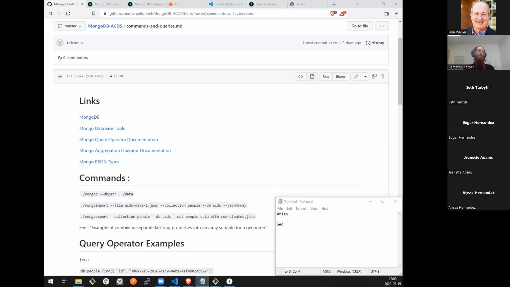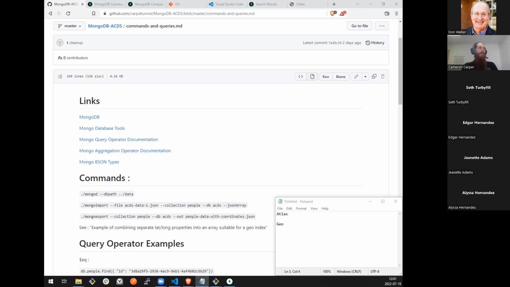One is geo indexes, because these can be very, very helpful for determining distance, finding the people who were closest to a certain area. Say we're wanting to do a marketing campaign for, off the top of my head, Home Depot. And so we want to find everyone who lives within a 20-kilometer radius of this particular Home Depot, and then send them a mailing that says, thanks for being part of our community. We're going to offer you 20% off or something like that. As part of that, we're going to get to that other half. I'm going to show you something cool that's good to know.